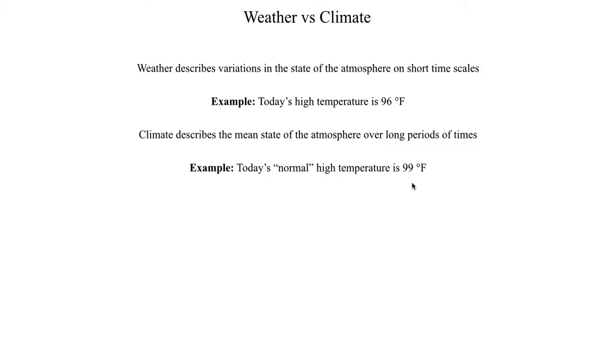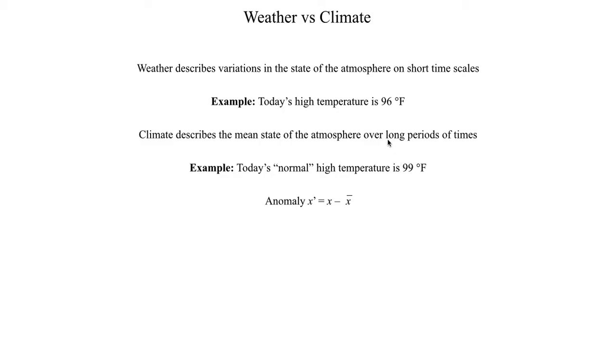In this specific case, where we have a normal high temperature of 99 degrees Fahrenheit, an observed high temperature of 96 is pretty close to climatology, so nothing too wild or unusual is going on. Versus maybe you have a high temperature of 80 degrees Fahrenheit and you expect a normal high of around 100 degrees Fahrenheit. Something strange definitely happened on that day. So that's a representation of how unusual a particular observation or measurement might be when we compare it to what we normally expect, meaning what on average actually does happen on this particular day in the calendar year over a period of several decades.